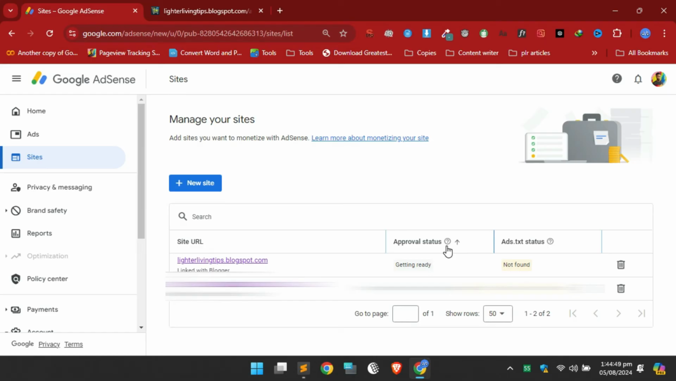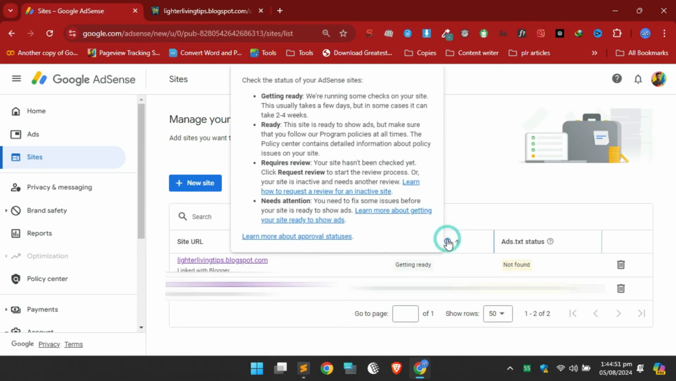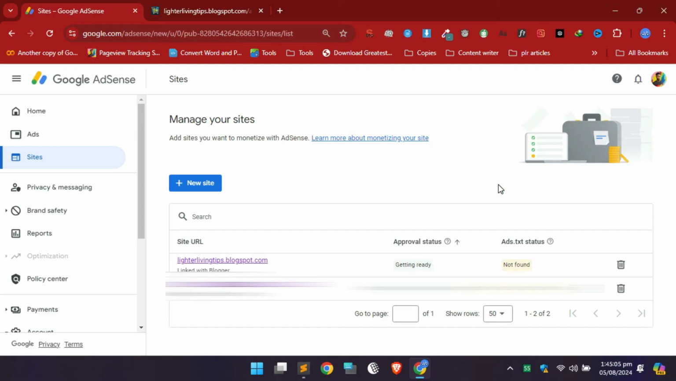You are seeing getting ready. Just like this, you are sending in for AdSense approval. Getting ready meaning you are in the queue to be approved to get AdSense. And once you get AdSense, you are going to see ready, which means you are ready to show ads on your blog. And if it is with the ads.txt and you are seeing not found, maybe Google failed to find them